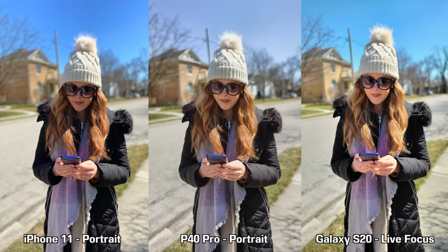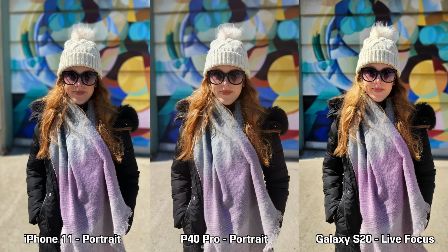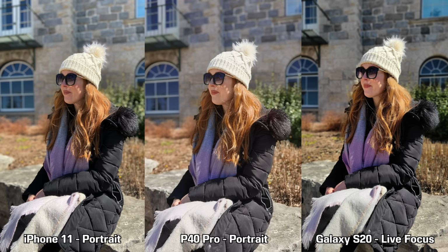And with that being said, why don't we start by checking out the daytime pictures and more specifically the portrait mode pictures. Alright, so the first thing I've noticed for the portrait mode pictures is the fact that the Huawei P40 Pro has better edge detection than the other two. I would say that the iPhone 11 is in second place, with the Samsung Galaxy S20 being the third one for edge detection. Then looking at the colors, well, I have to say that the pictures taken by the